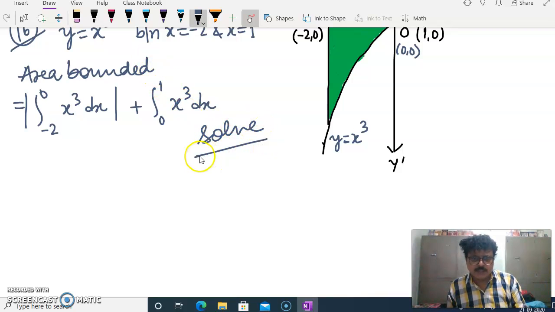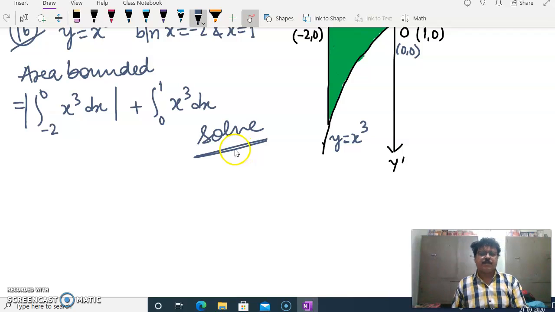But please make sure that whenever you are finding the area with respect to x-axis, any portion below x-axis is always, मतलब horizontal x-axis के नीचे जो area that is always negative, put it in modulus. Okay, there is no need to write any explanation for that.